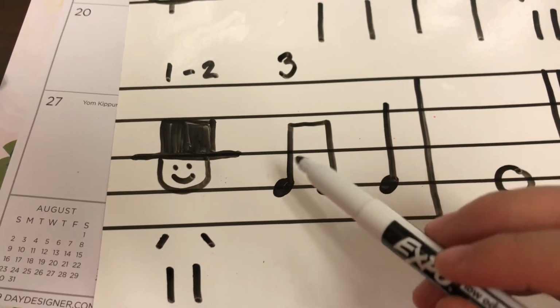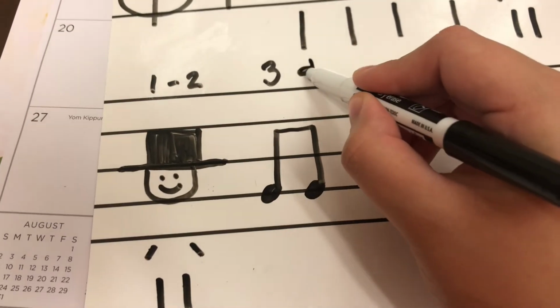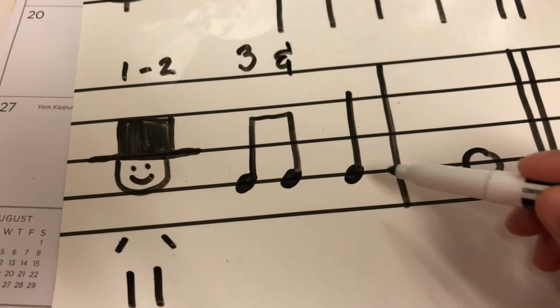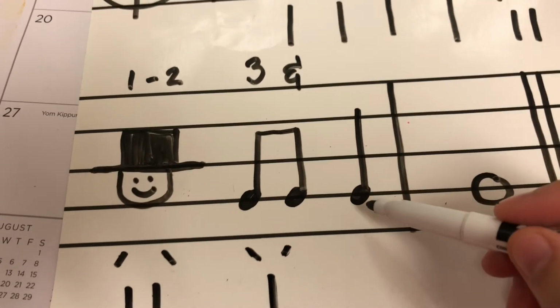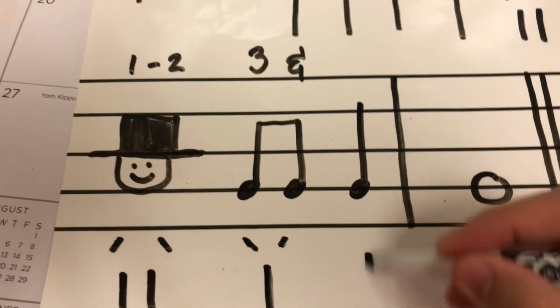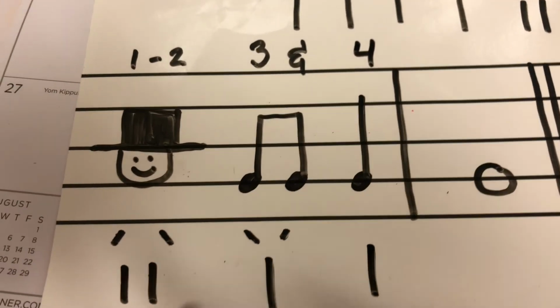Reminder, we have either a number or an and, so we've got 3 and as 1 beat together, and then a quarter note again as 1, so that is beat 4. This measure sounds like